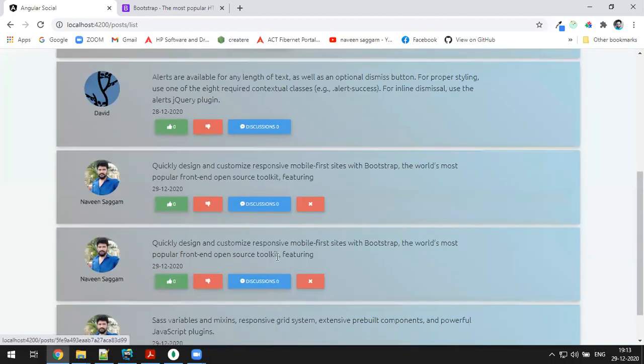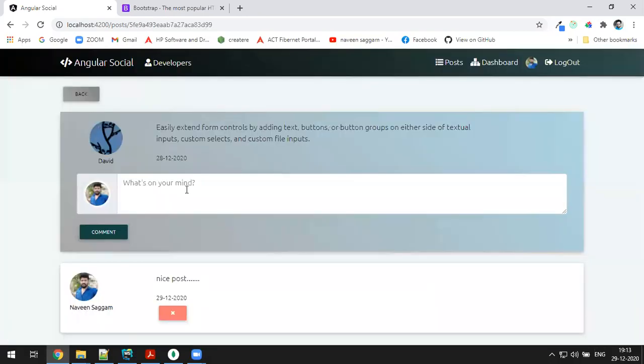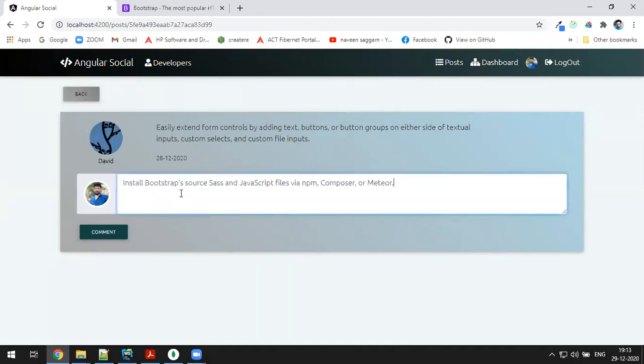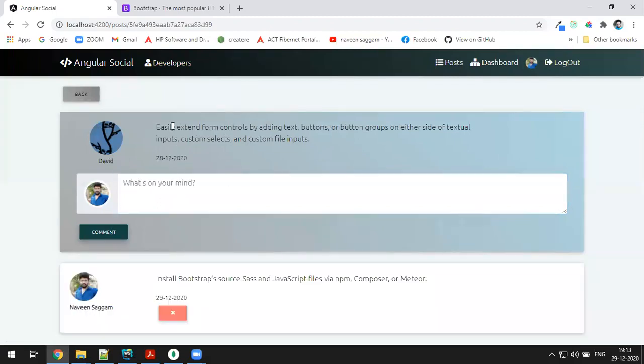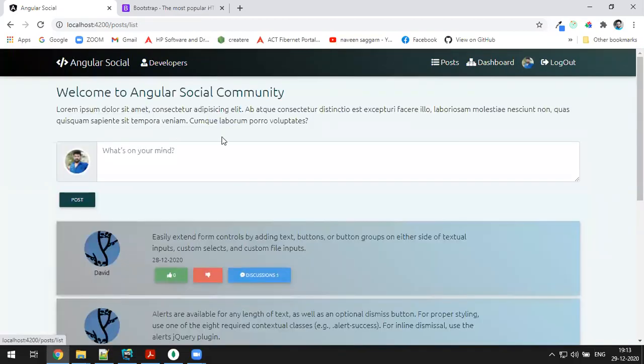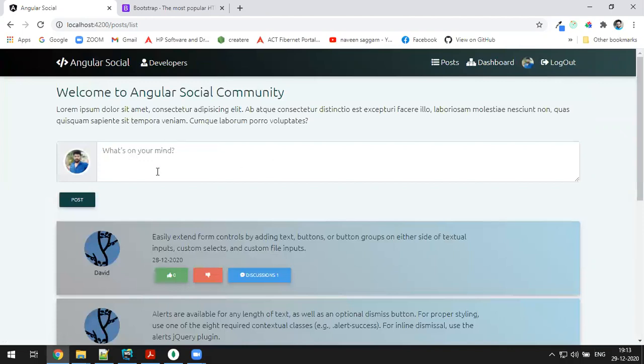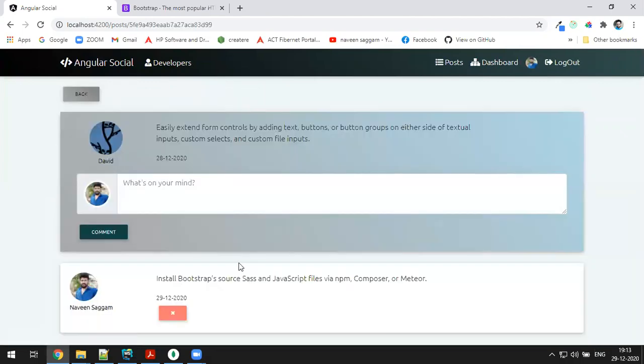Add a comment. Remove a comment. Not only for yours, you can add a comment for everyone. Or go to David. David got some data. I made a comment called nice post. Delete. Paste. Comment. Yeah, I comment something. I have logged in, so I can delete. Okay, so that's fine. Next, see, I got discussion one. This is the one. Okay, so anything else missing? Create comment, delete comment, list comments. Everything is fine. Yeah, this page is done.